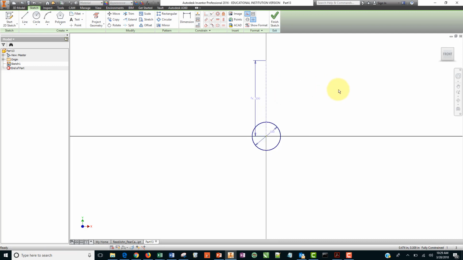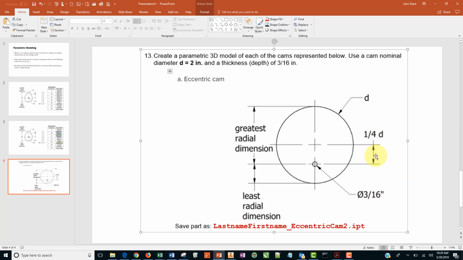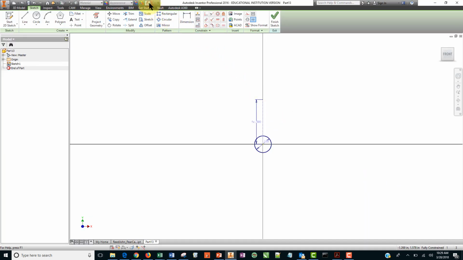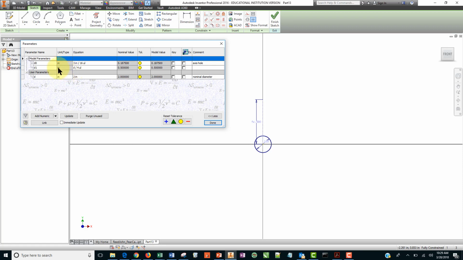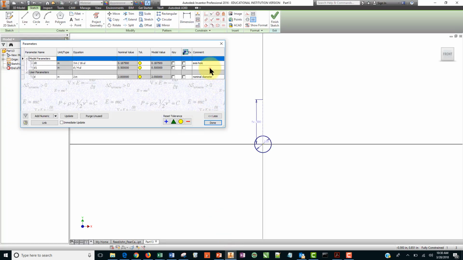Right click OK, we've got a construction line there. This is just one way to do it. It's probably not the most efficient. So now that I'm d/4 or 0.5 inches, I can confirm that by going here, and you can see that we have d/4 is now d1, and I'm going to call that center offset,